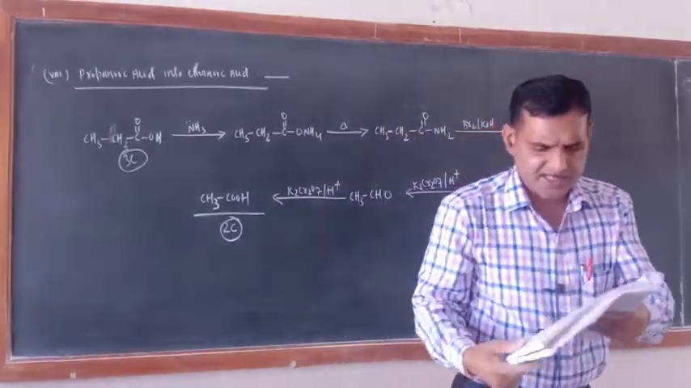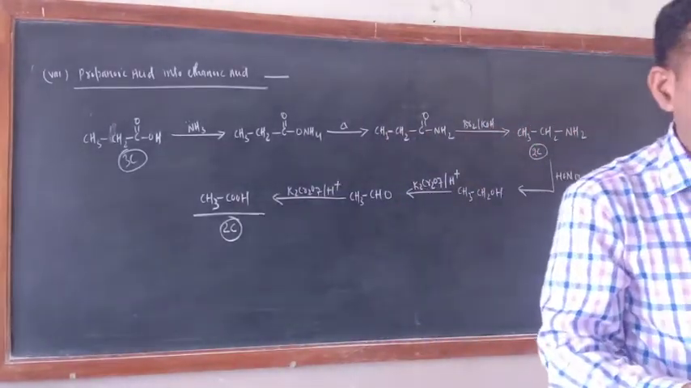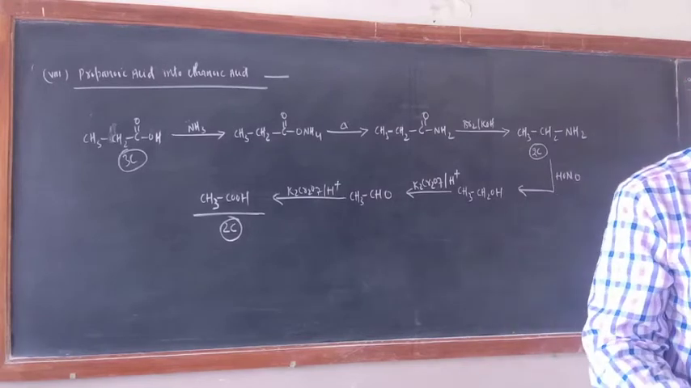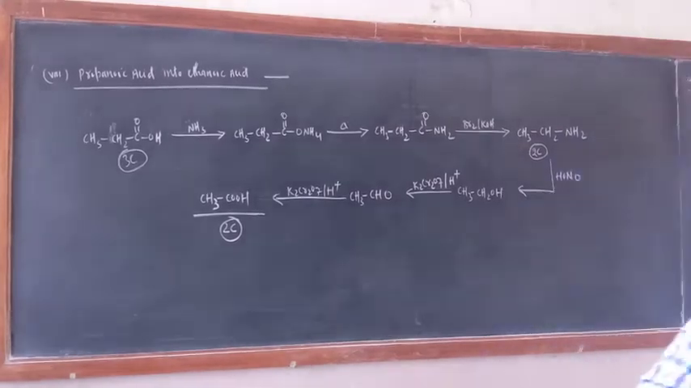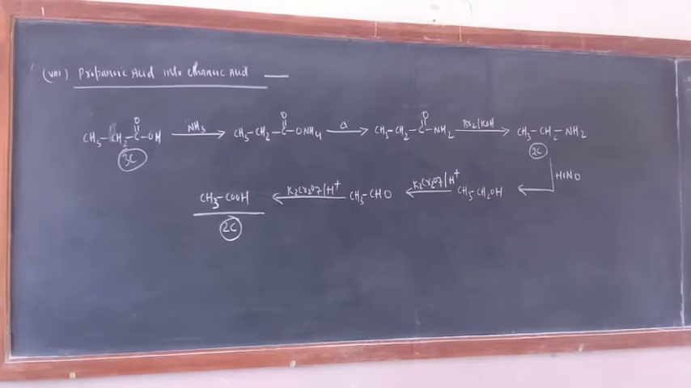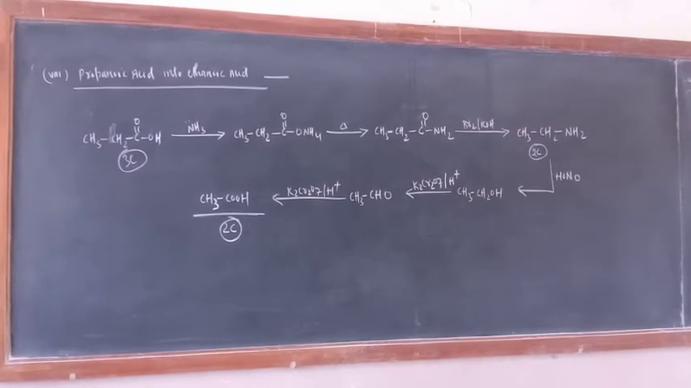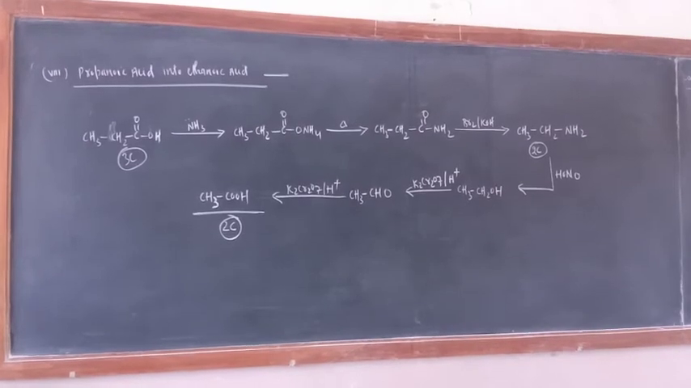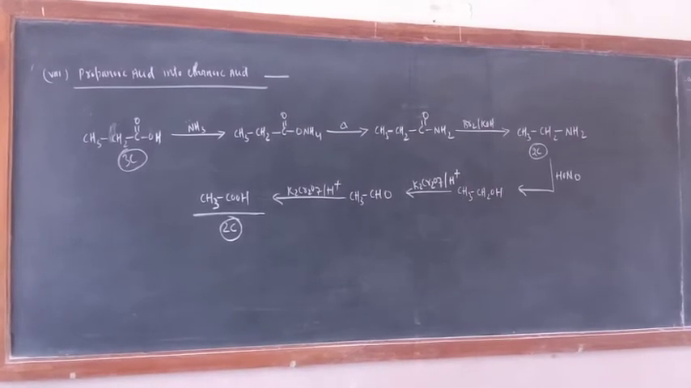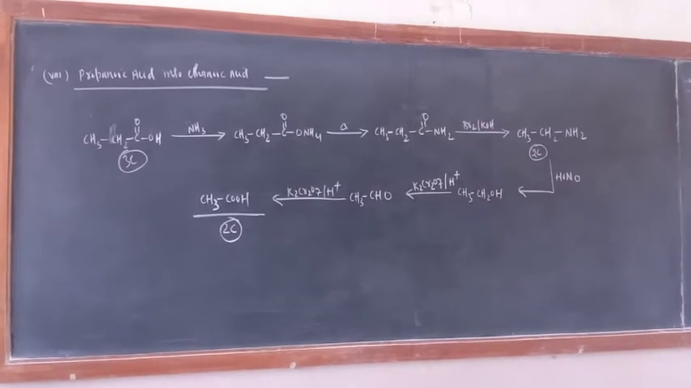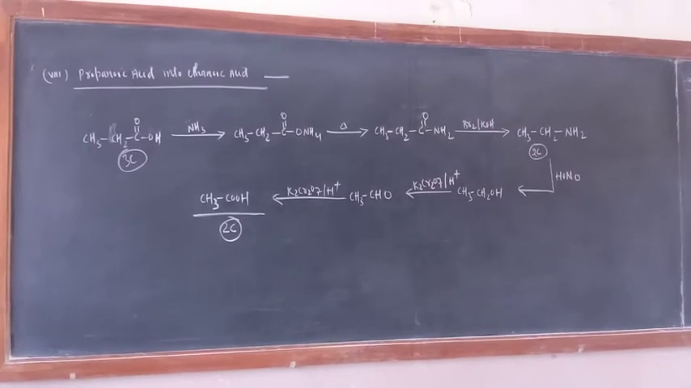One exercise is left, that is 13.8. Accomplish the following conversions. Today time is not there, already I am exceeding the time limit. What I will do, in aldehydes and ketones 3-4 exercises are left, and I will club this exercise also with them, and one day I will take a 1 hour video and complete those 3-4 exercises of aldehydes and ketones, and this one also. And tomorrow I will start the